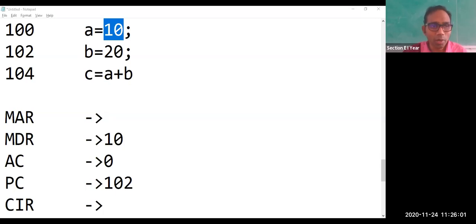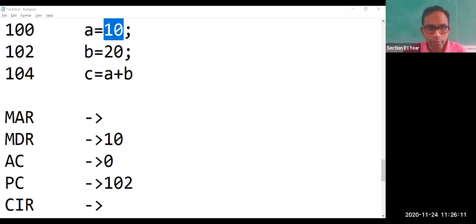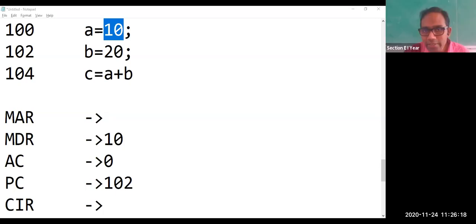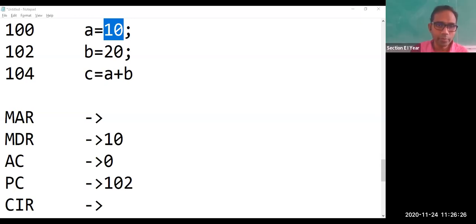What about the accumulator? What is the value that you are going to store? 20, right? So 10 becomes 20 now. What is the data? Again 20. Twice you are getting data as 20, and MDR also 20. Now, what is the address of B? Address of B is 1020. So here we'll be getting 1020 in MAR. Is that clear? Very good. Till this part, it is okay.